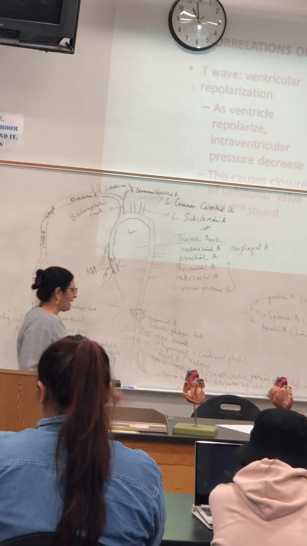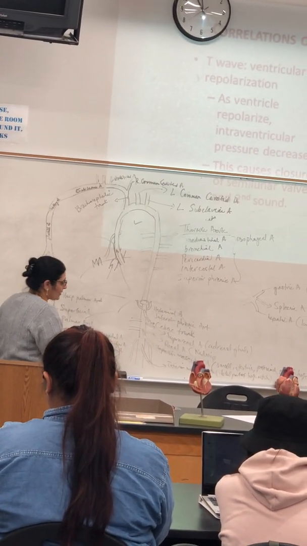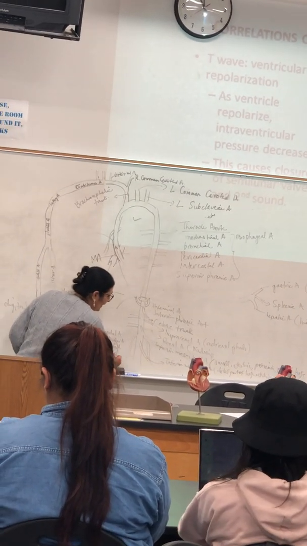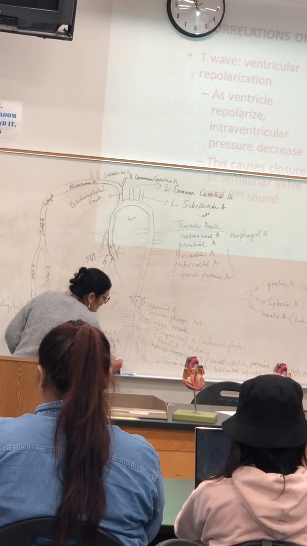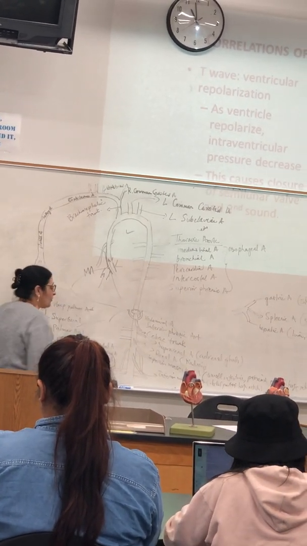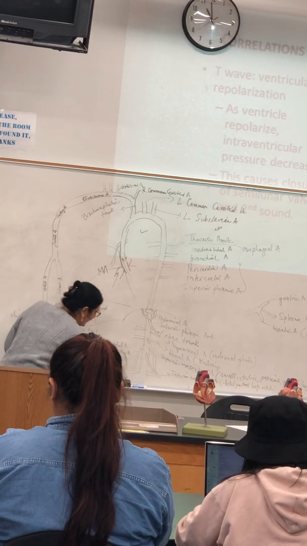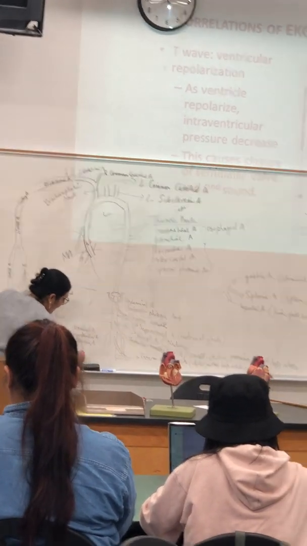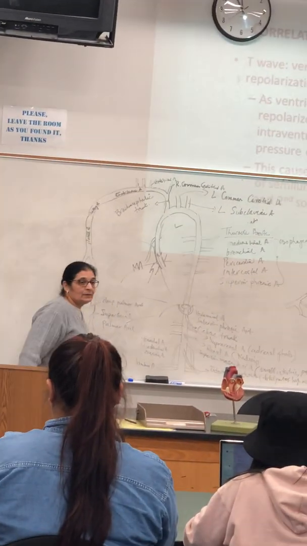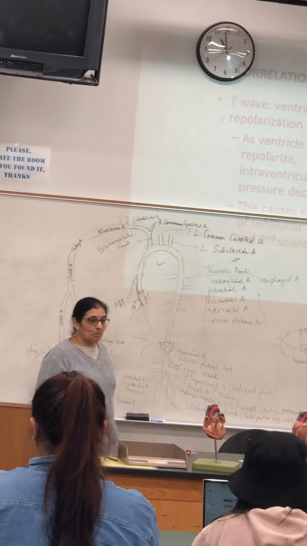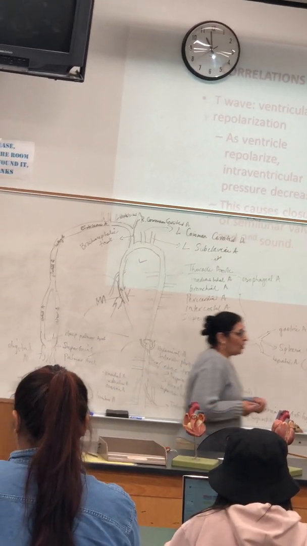Then you have three pairs of arteries that again arise from the abdominal aorta, and these are the lumbar arteries. So if we look